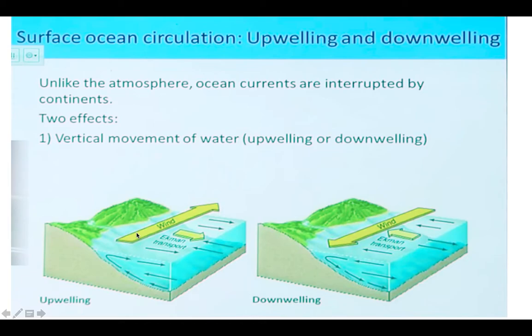Now let's assume this is your northern hemisphere. So in the northern hemisphere, the Ekman transport is to the right of the wind. So wind is like this, and the right is this one. So water is moving actually this way, away from the coast. And whenever water is moving away from the coast, it will create a deficiency zone on the surface. Now to balance that deficiency zone, to make it equilibrium, the water from the subsurface will come to the surface, and that creates upwelling zones over here.